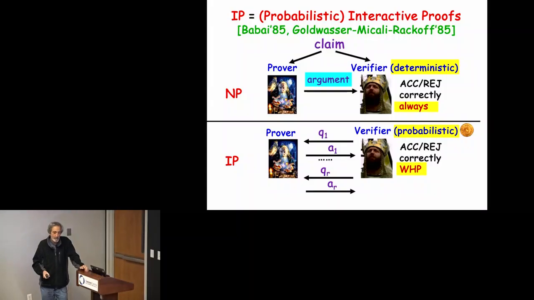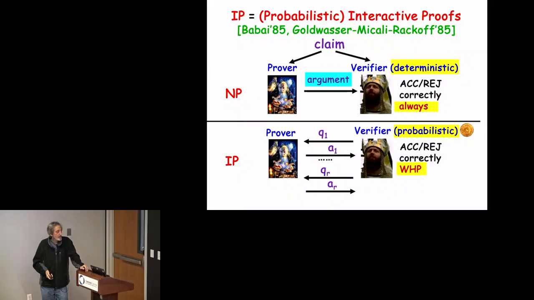Yeah, sorry. Does the notion of interactivity also make sense in the deterministic setting? Yeah, it does. You can have an interactive deterministic system, but you should realize quickly that it's useless because you can simulate it. If the verifier is deterministic, you know what questions he will ask. You answer all questions in advance. So no need for interaction. That's a very good point. And in the randomized case, it's impossible to know what the verifier will ask because it would potentially have asked exponentially many questions. So that's an important difference, right?